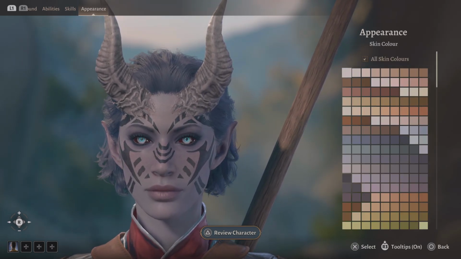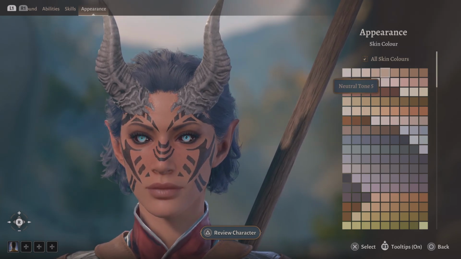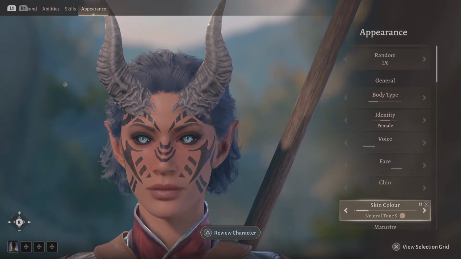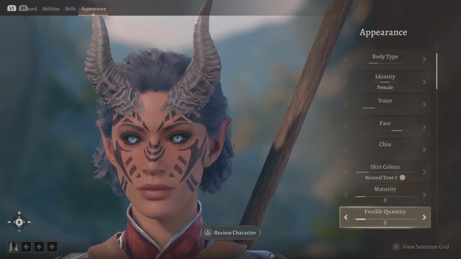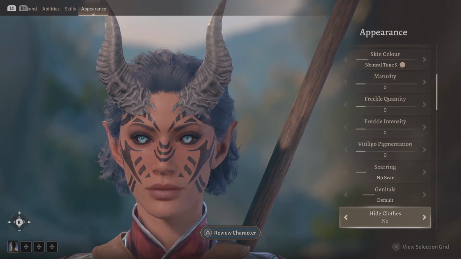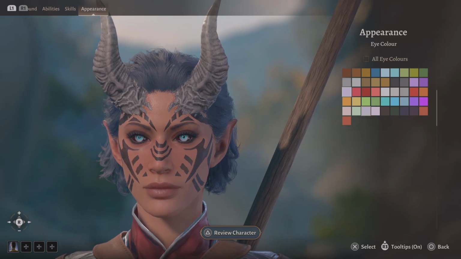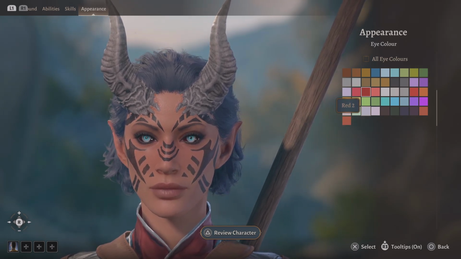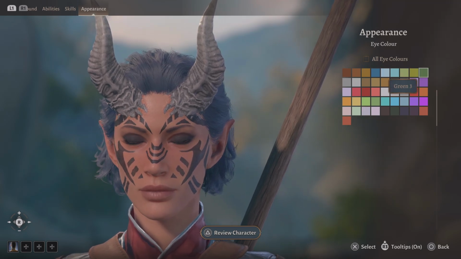And then skin color, she's fairly tanned. I think this is actually a good shout for her. And then freckles, I don't think she really has, so we can leave that. No scars. Now, her eye colour, this depends for me because you can go for her actual eye colour, which